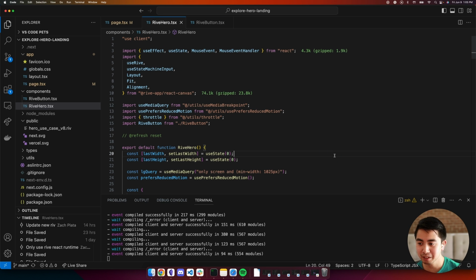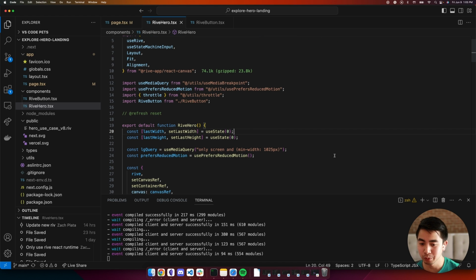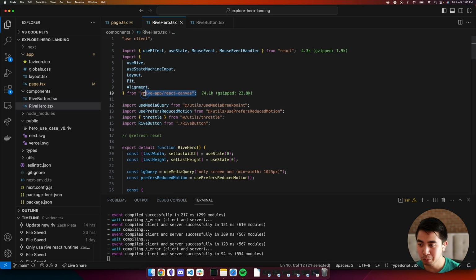Now let's take a look at this RiveHero component. This is a little more complex because we've got a few more hooks that we're going to be dealing with and a little bit more logic than that Rive button. Again, this is going to be the entire canvas that takes up the entire viewport and creates that cool backdrop that's really the star of this hero use case animation. Starting off, again, we've got that import from Rive App React Canvas, our React runtime, and we're going to be importing those two hooks that we were using in Rive button, which was useRive and useStateMachineInput.